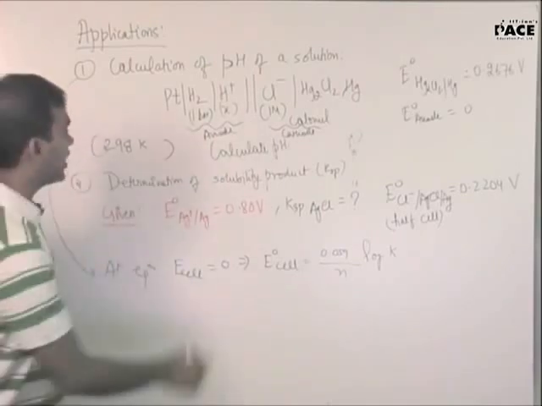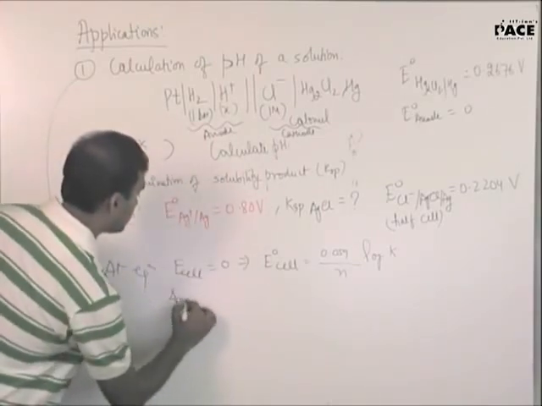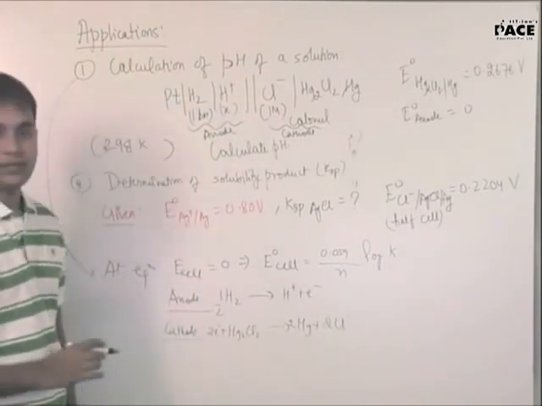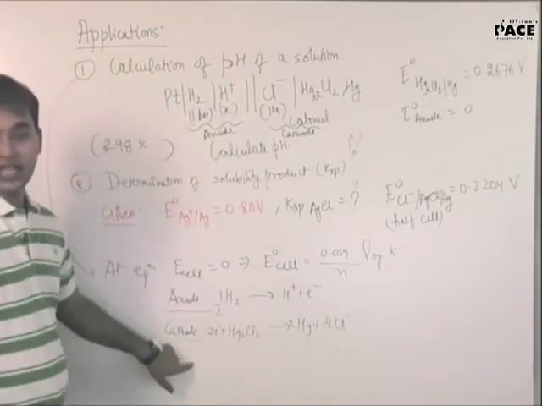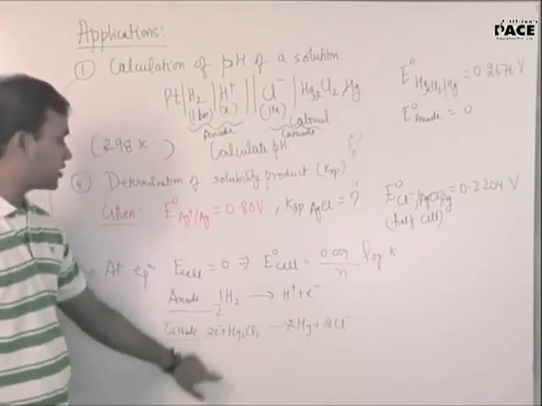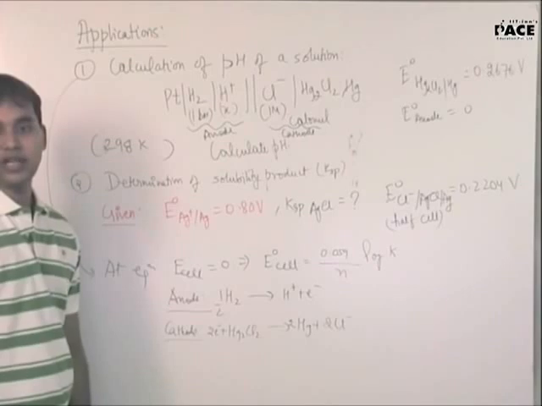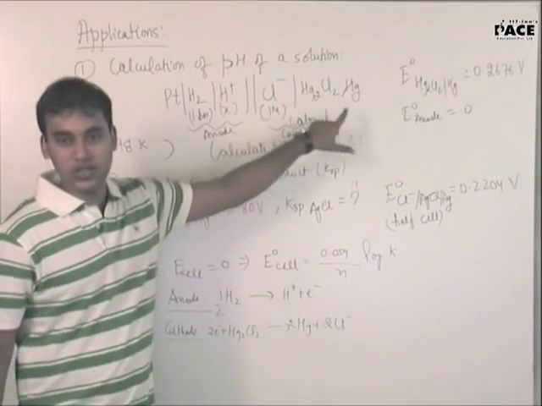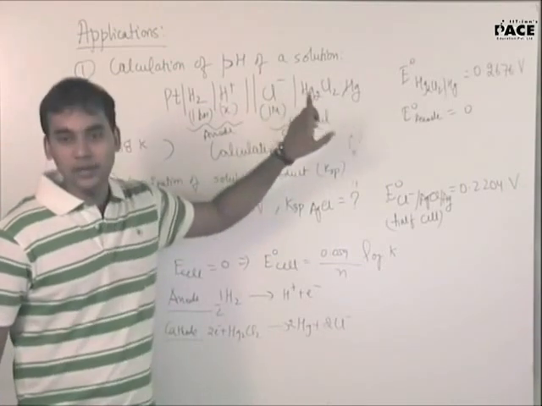What will be the K in this case? Write the equation. Anode. Cl minus whole square. Right? This will be the equation. This is the half cell reaction which is given to you in the table. Just look at it. This is the same reaction. This is the Calomel electrode. You can simply see chlorine is not changing its oxidation state. It is -1 here, -1 here.